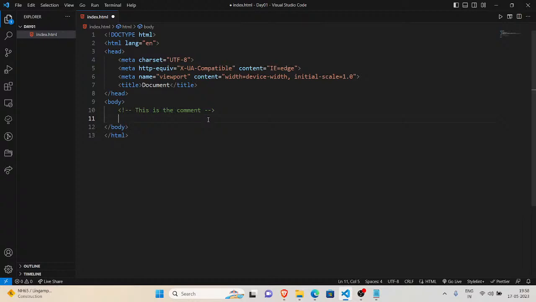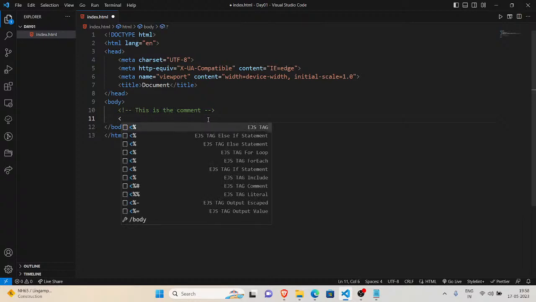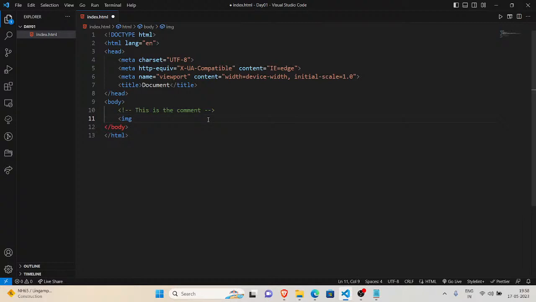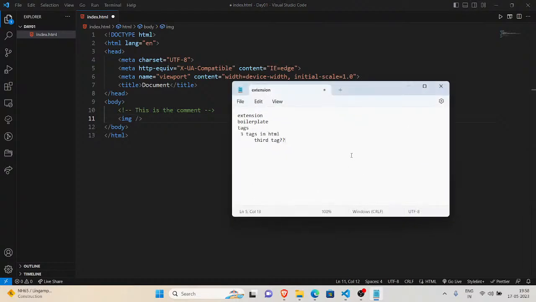Have you ever heard about the image tag? For image, we're gonna close like this. What is this? It is an auto close tag, and its specialty is there is no need of writing two tags, open and close tag. One tag is enough for this element.